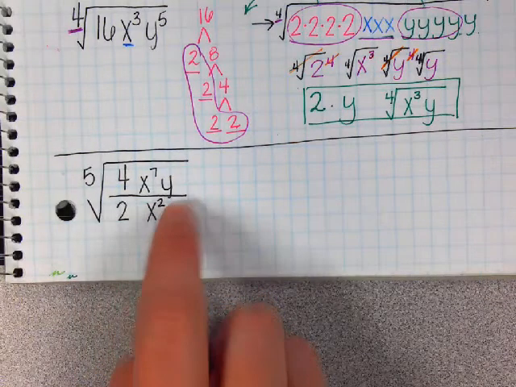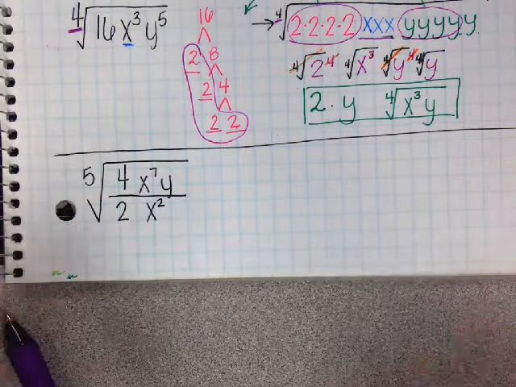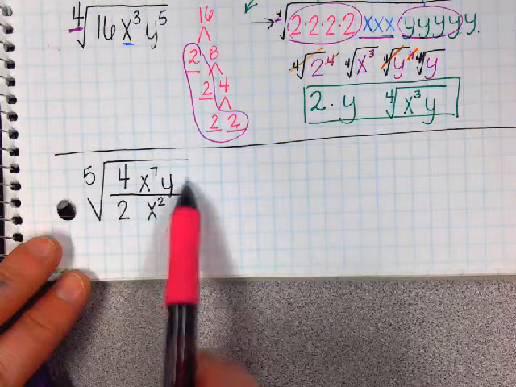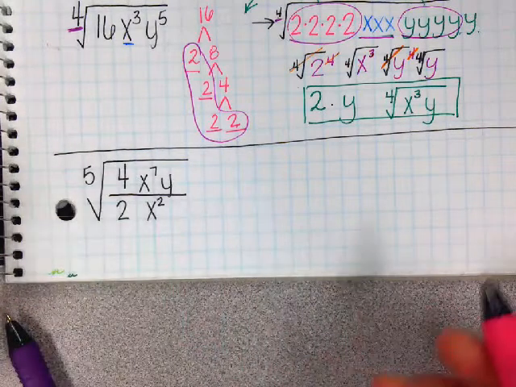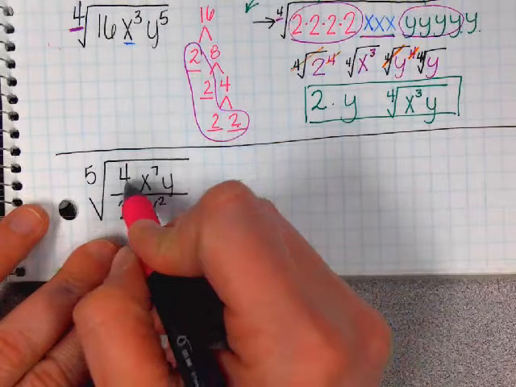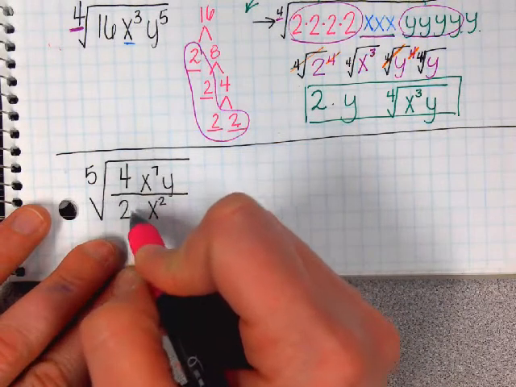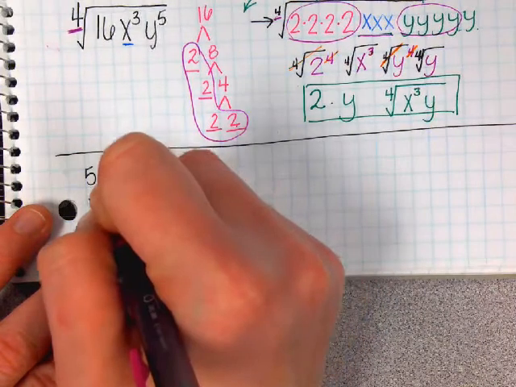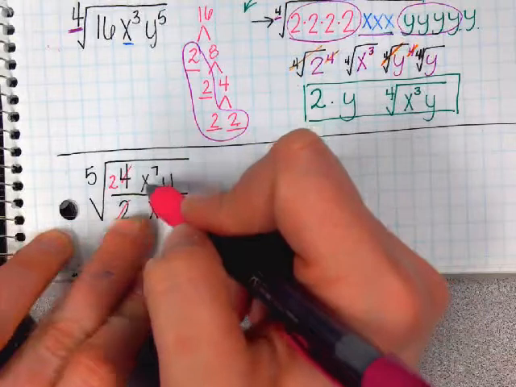Okay, now if you look at that, I personally think it's easier to simplify everything inside first. You should simplify everything inside of the radical, or under the radical, just like we have to simplify inside of parentheses first. So if we think about 4 divided by 2, this is stuff that we've been doing recently. 4 divided by 2 is just 2,